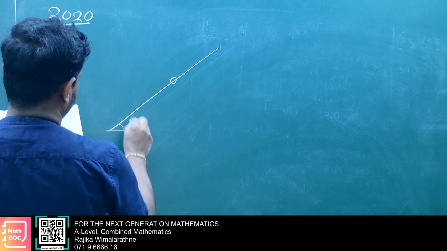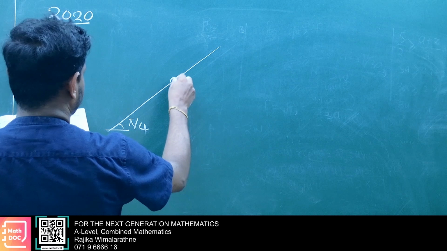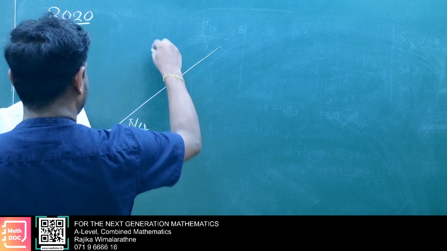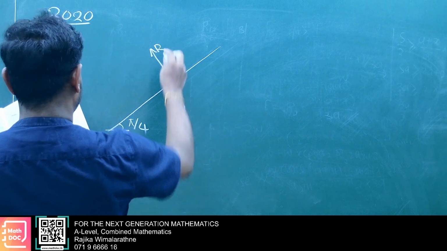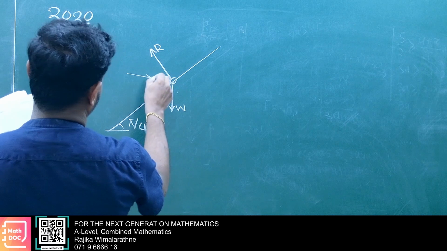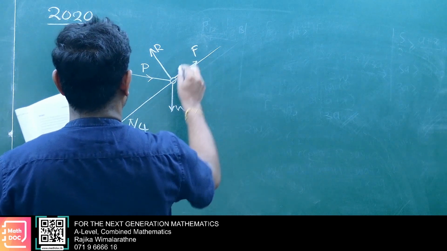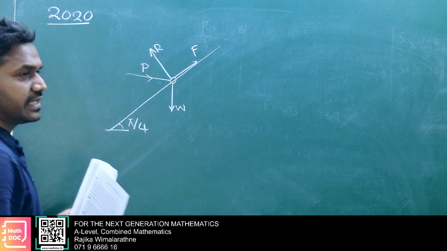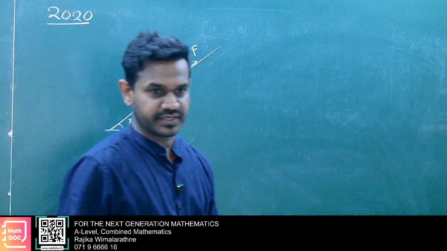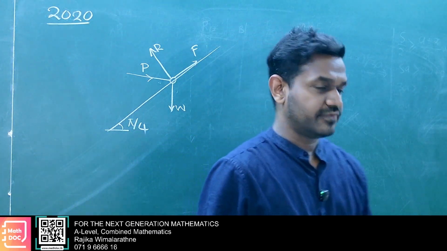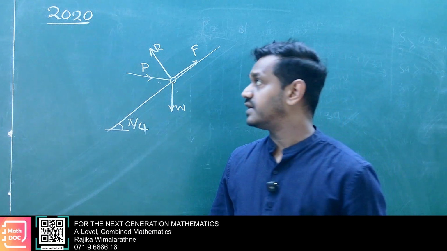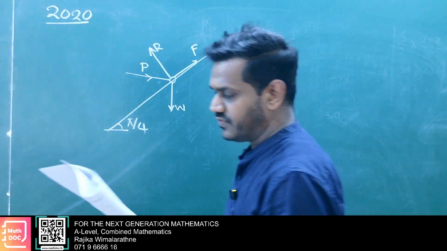Here pi divided by 4, where W, reaction R, here force P given, F given, but with the value of P, direction of F can be different. No? With the value of P, F can be different. Okay. Therefore, first you